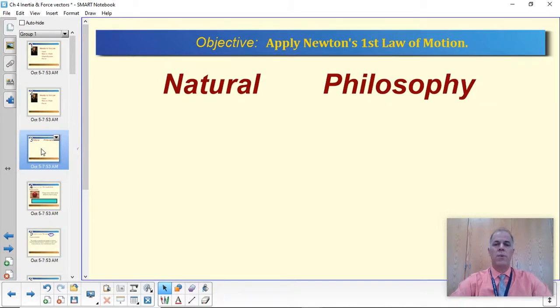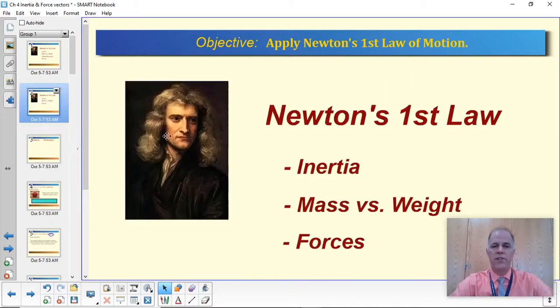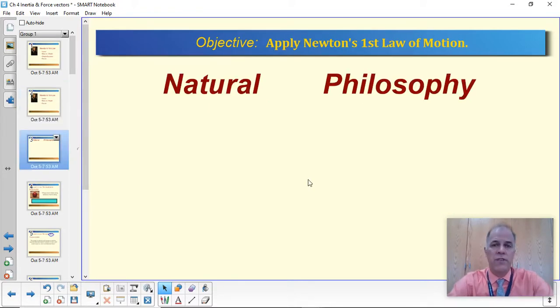We'll start off here. We need to talk about Isaac Newton a little bit. That is Isaac Newton, in case you didn't know that already. If you would ask Isaac Newton what he did for a living, what he would describe himself as, he would say that he was a natural philosopher. He wouldn't have said he was a scientist or a physicist because those terms didn't really exist at that time. He considered himself a natural philosopher.